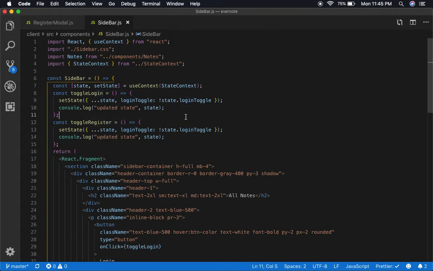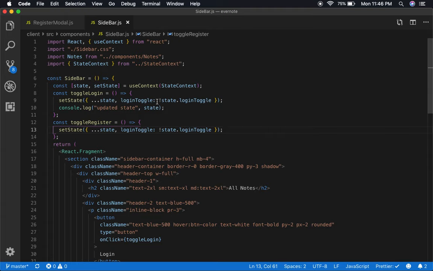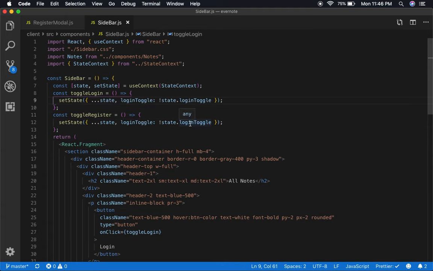Like that, right? Now what this one is going to do is the same thing. It's going to toggle back and forth. Get that console.log out of there. We don't need it. It's going to do the same thing that the login does. It's going to toggle it back and forth, but it's not going to toggle the login toggle. It's going to toggle the register toggle. Now we have to create that though. Okay, so here we do the register